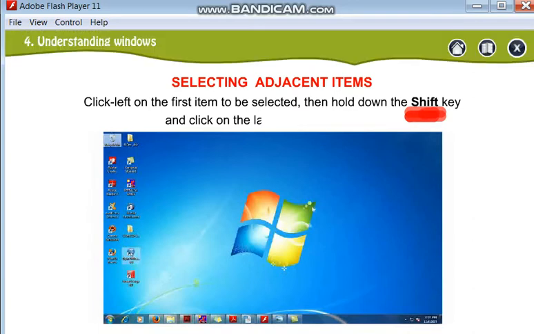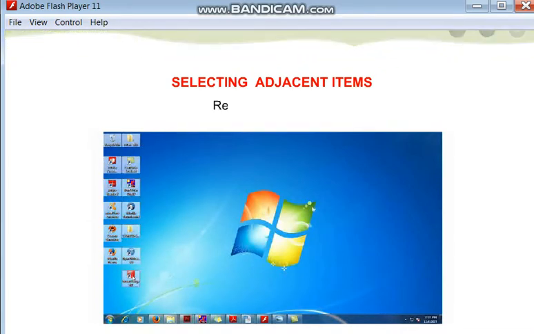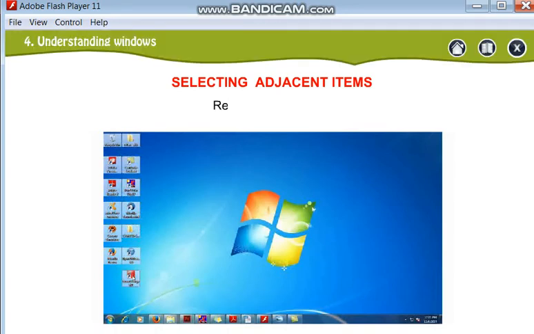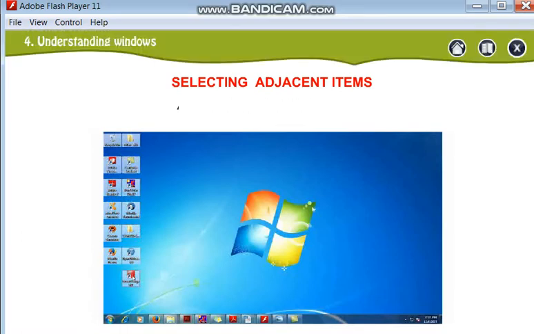After pressing the shift key, click on the last item to be selected. All the items will be selected simultaneously. Now release the shift key, the items will be selected.